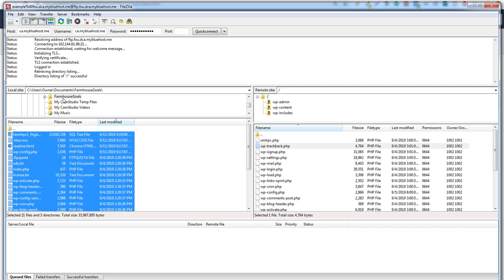So you're taking the files from your computer now and you're moving them over to your new server. So you would just take these over and the same thing we just did, you're just going to drag it over here and it's going to start moving those over. So I'm not going to do it this time, but once we drag it and let go, it's going to start moving these files at the very bottom here like it did earlier. So that's what you want to do next is make sure you move all those files over